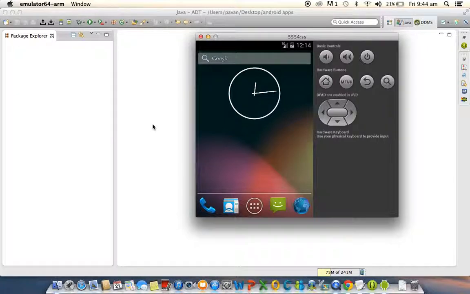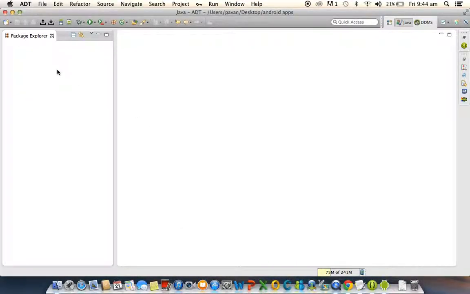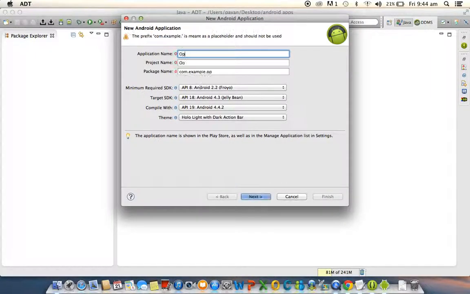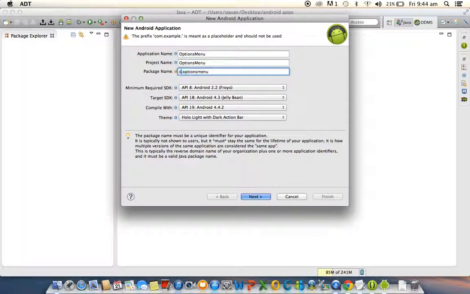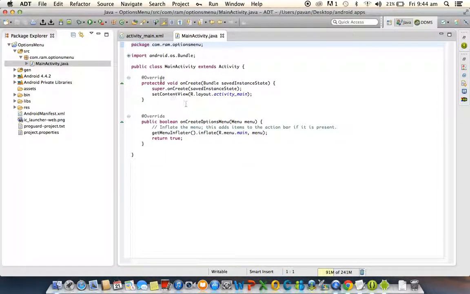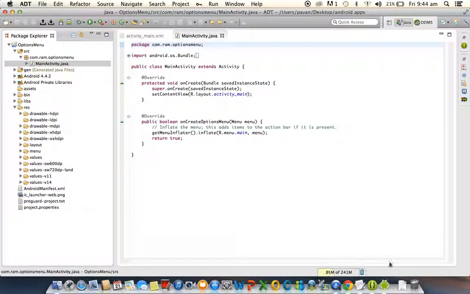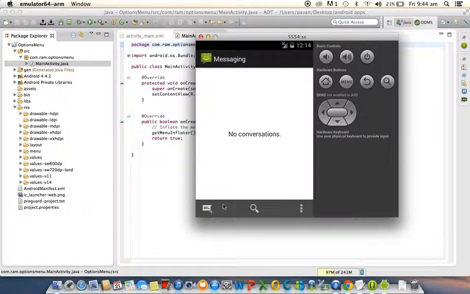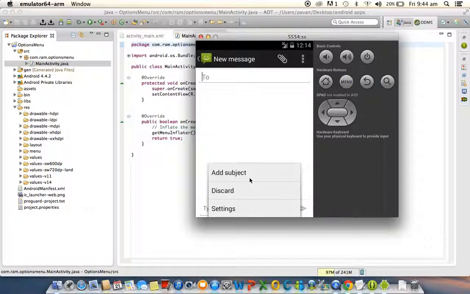So now let us see how to create that options menu. Let us create an project, created, and here we'll see, these we are calling as options, but programmatically these three options we are calling as three items.